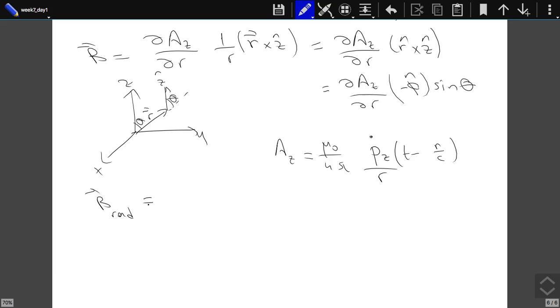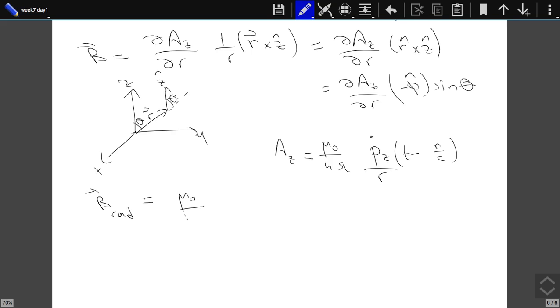If I take the derivative of Az with respect to r, I get this 1 over r squared term, which I'm ignoring in the radiation zone, the far away zone. So the only r-dependent term is over here. So I will end up having